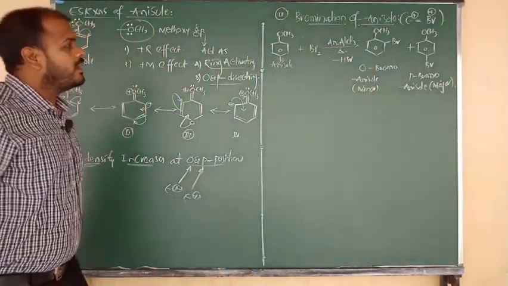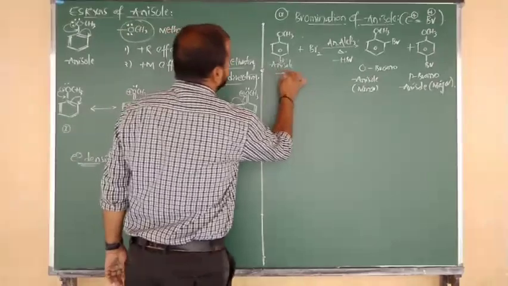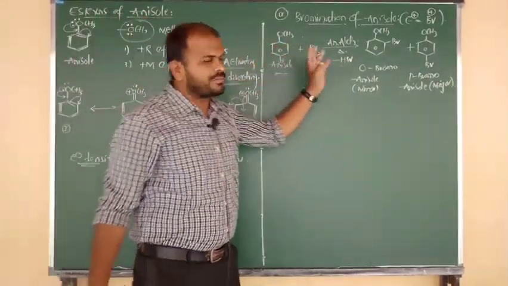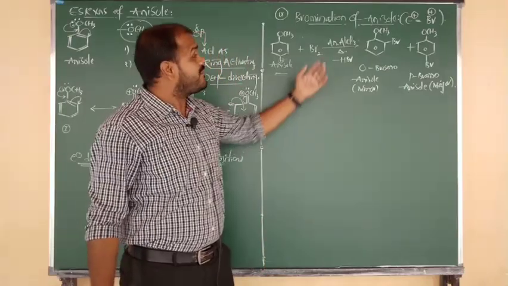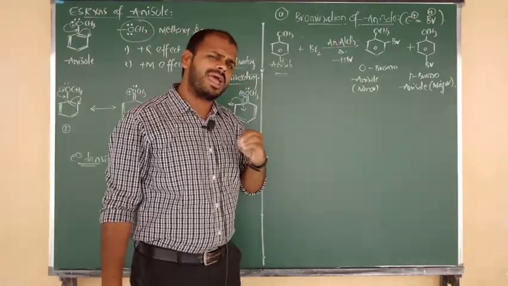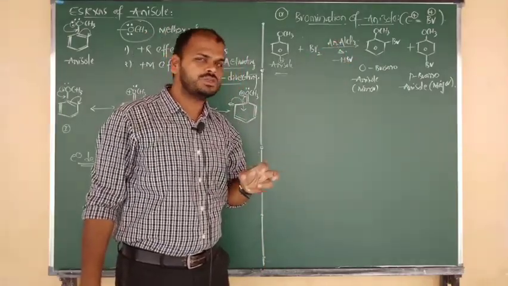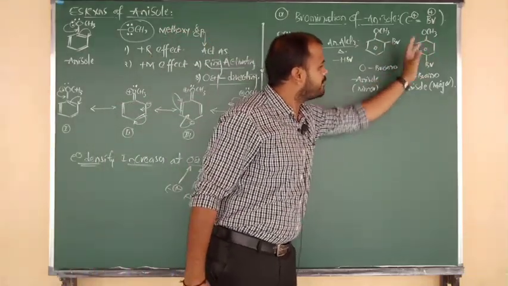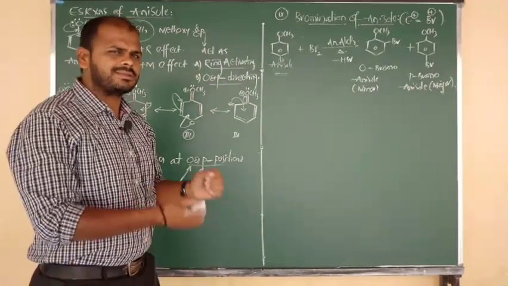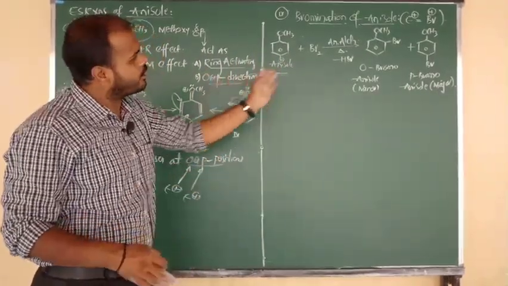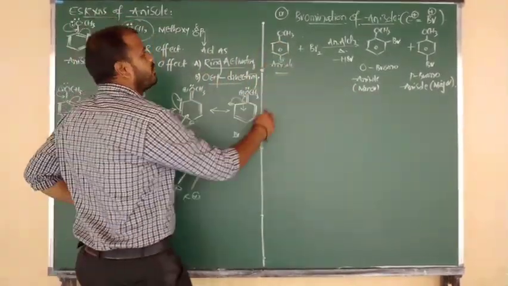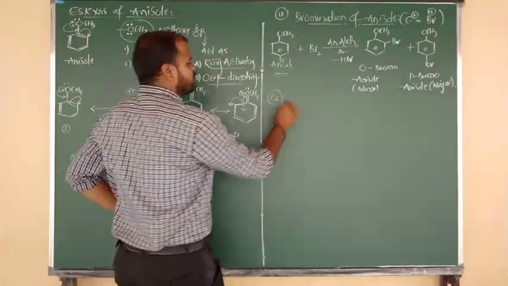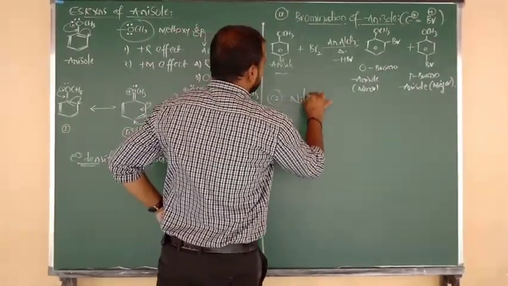Understood clearly? Yes. Once again I am going to give you the statement here. What is the bromination of anisole? Anisole on reaction with bromine in presence of anhydrous AlCl3 or any Lewis acid forms a mixture of ortho-bromoanisole and para-bromoanisole. Like that, a simple statement you can write, and you proceed with this reaction, beta. Good. Now I am going to go for the second electrophilic substitution reaction, that is nitration.